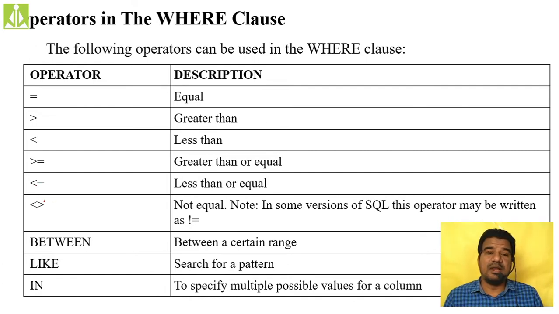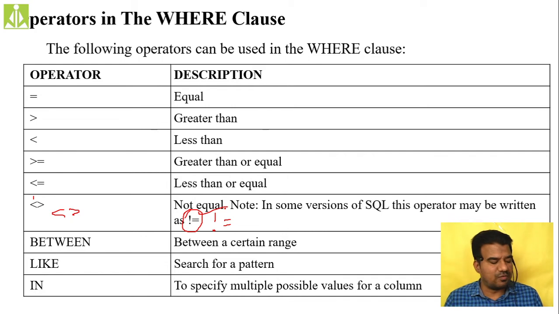This less than, greater than symbol is sometimes used to indicate not equals to. Either this symbol, less than greater than, or the not equals to symbol. Any of these two symbols can be used. For our SQL we are using this symbol only, not equals to.